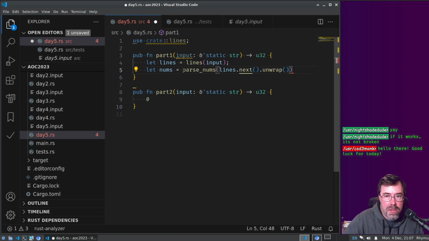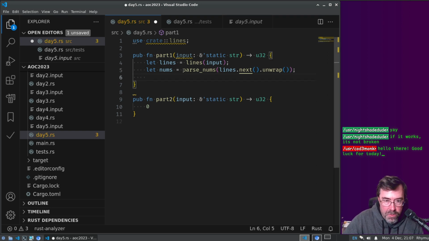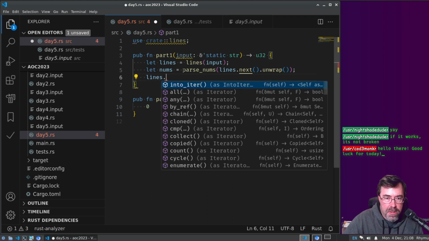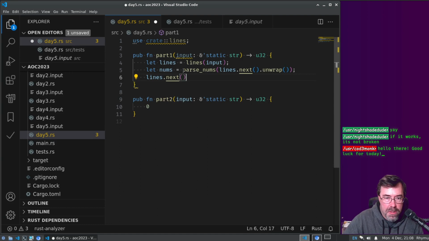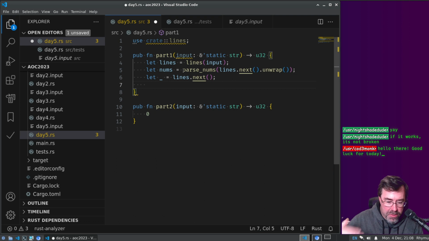And yeah, I think I'll leave that unwrap in there for now. Okay, and then we're going to throw away the next line. And then we're going to repeat. So I want to make this mutable.